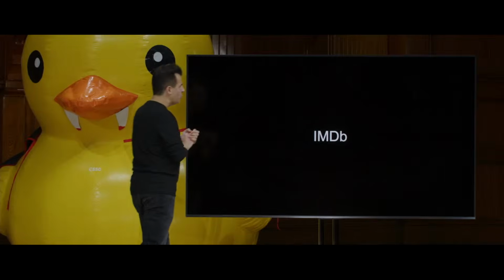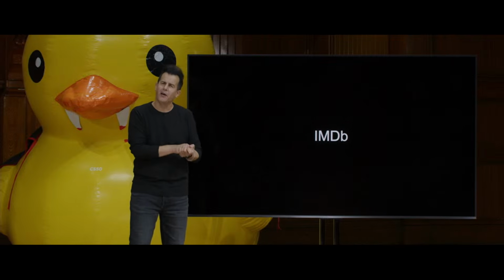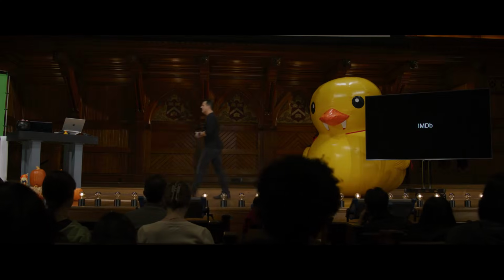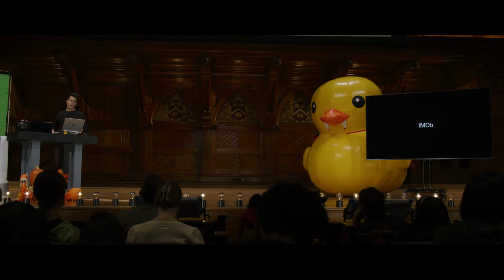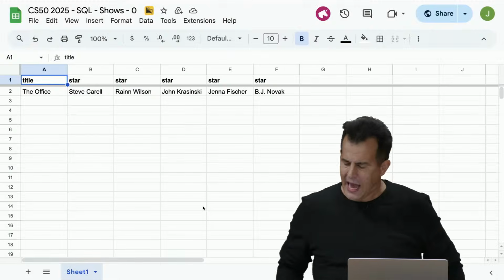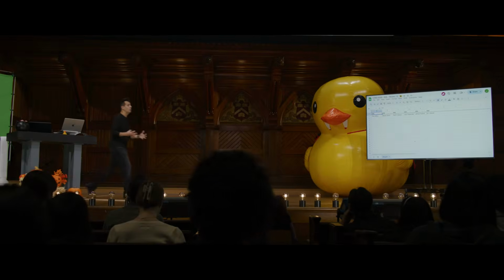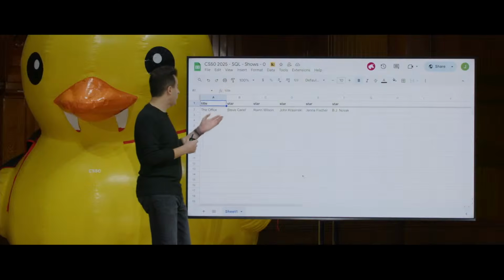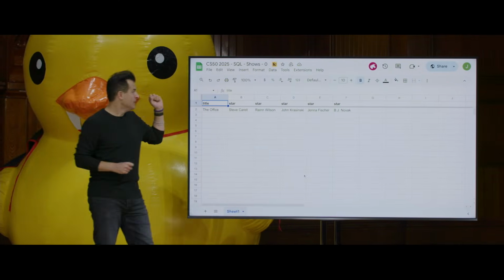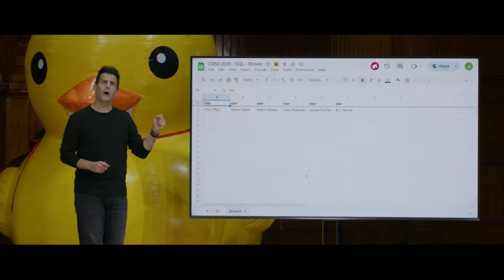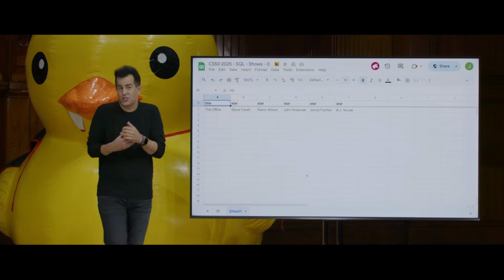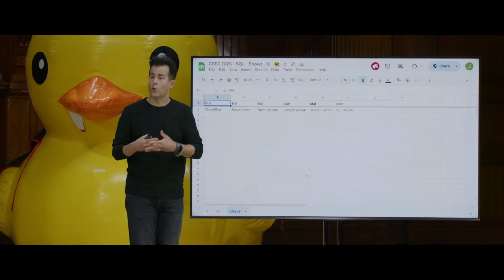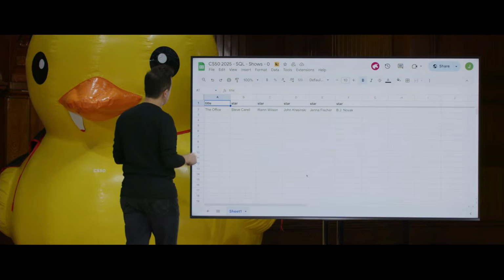However, let's start first with a question about how you could go about modeling data for TV shows themselves. So for instance, in advance, I also created a few different spreadsheets that just allowed me to play with how I might model data, real-world data at that. So The Office is a very popular TV show. The US version here starred Steve Carell and others. So if I think about how IMDb, or maybe just even little old me with a spreadsheet, might keep track of who starred in what TV show, well, I might just use a Google Sheet like this,